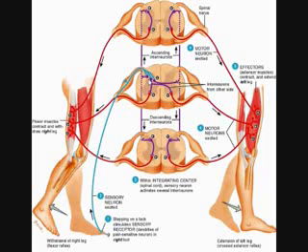Now, what we didn't see in the flexor withdrawal is that the interneurons that are synapsed by the sensory neuron in the flexor withdrawal reflex, some of them are going to cross the midline of the spinal cord and then exit the spinal cord on the opposite side, the contralateral ventral horn of gray matter, like you see here, and synapse with a motor neuron coming out of the ventral root, out of the spinal nerve, and to